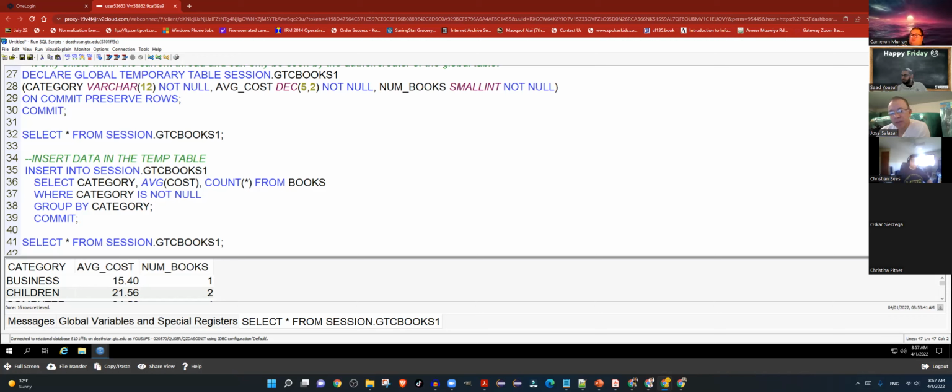Well, the commit, what's the purpose in this case? Because this is a temporary table, we want the data to be recorded. That's what the commit command does. For the tables that go in the catalog, they're auto-committed. But global tables are not auto-committed. So without the commit, you will not be able to read your data. That's basically pushing the data to be moved from regular memory to the global temporary tables memory,